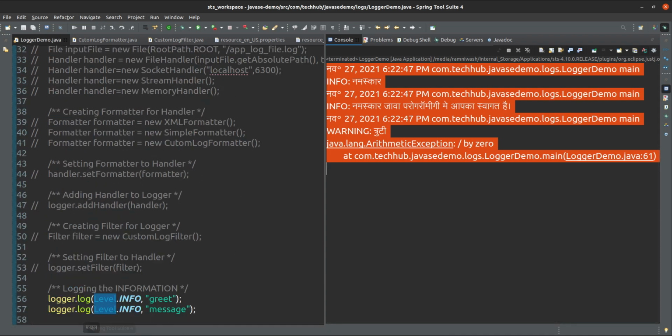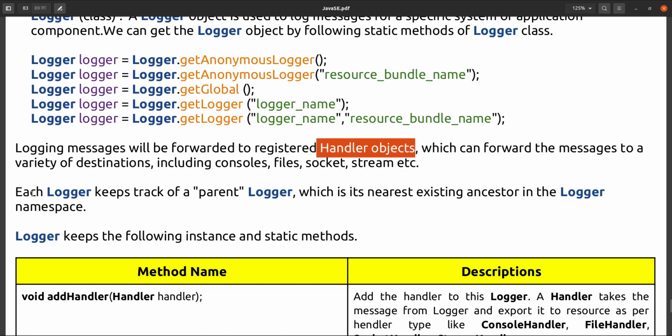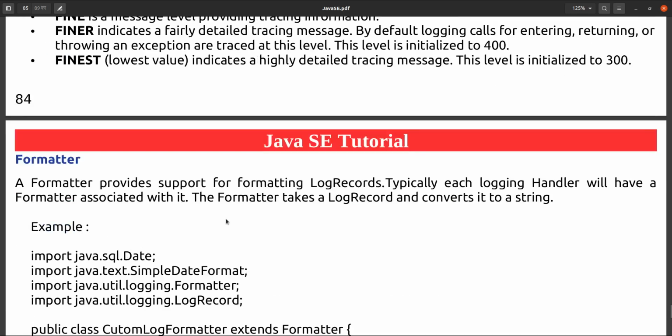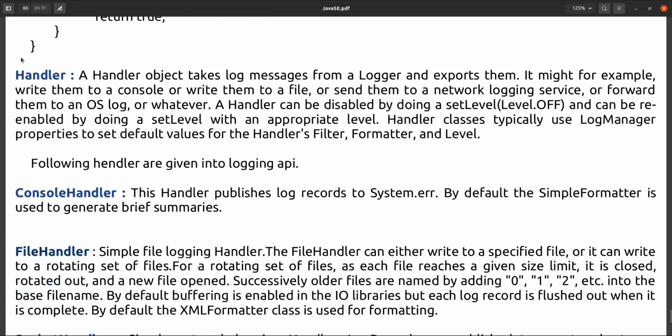So what is a handler here? A handler object takes log messages from the logger and exports them. Export them where?